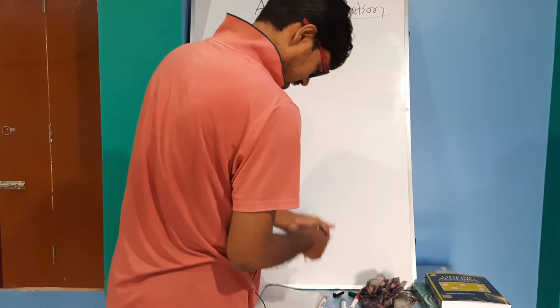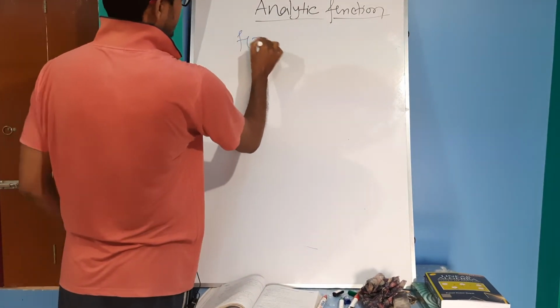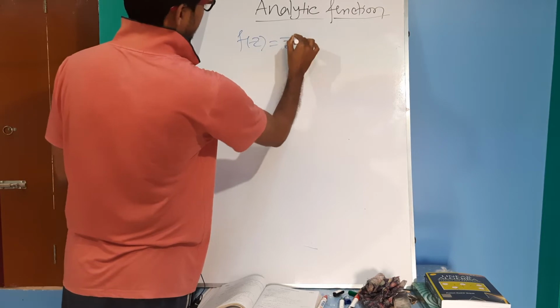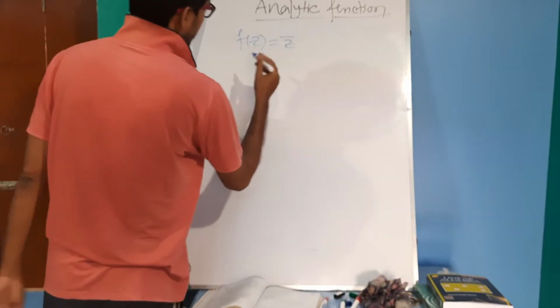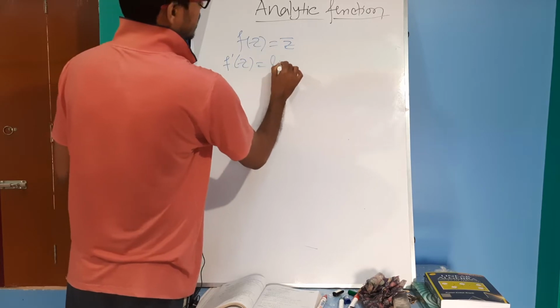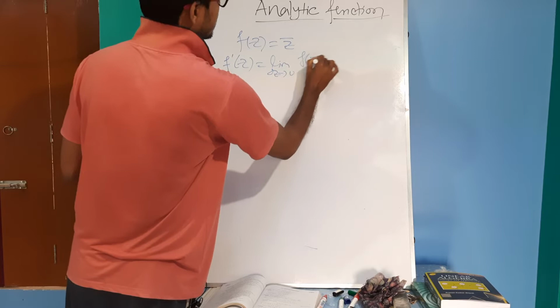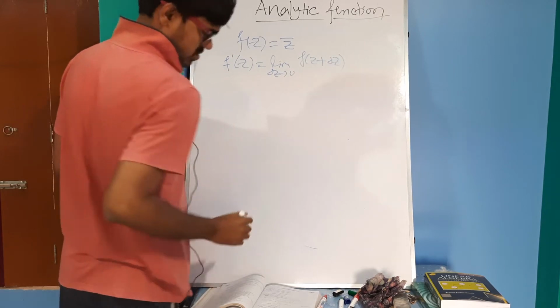So analytic function f of z, if you take f of z equal to z bar, so f dash z equals the limit del z tends to 0 of f of z plus del z